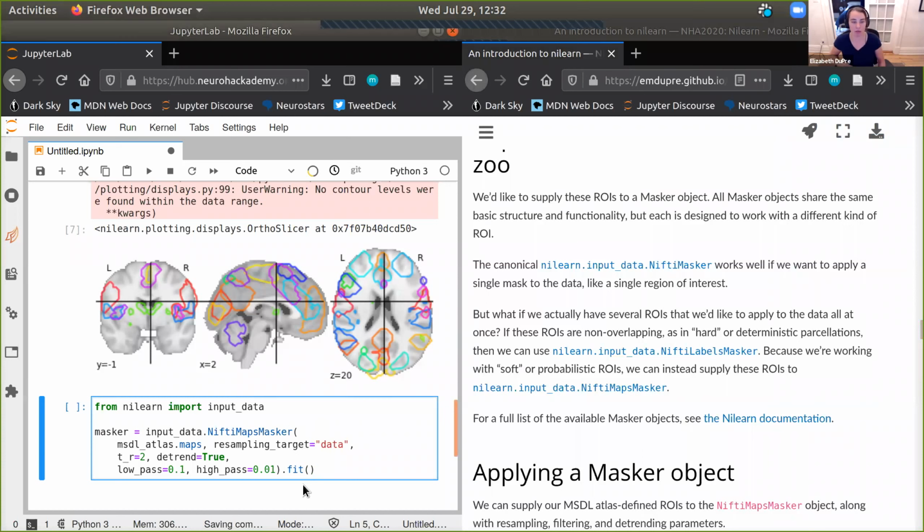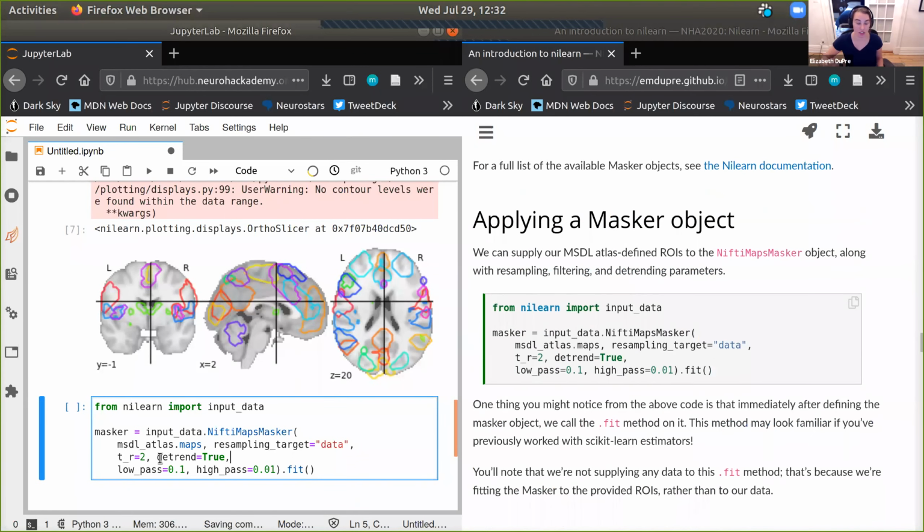Okay, cool. So coming back to our instance of NiftiMapsMasker, we're passing in the actual maps that belong to the atlas. These are just telling you the different regions of interest. We're going to do a few other parameters that are very useful for working with this kind of data. One I see a question on is detrending.